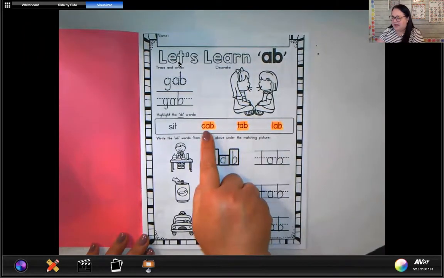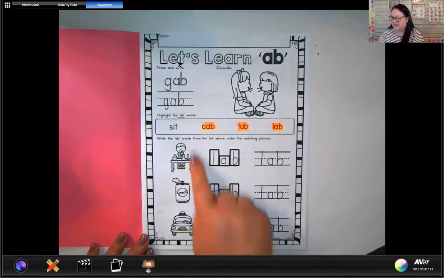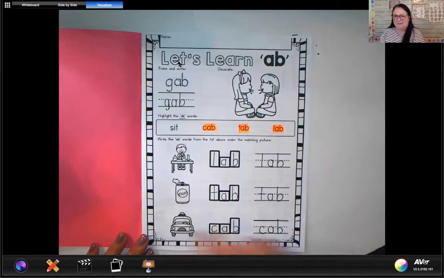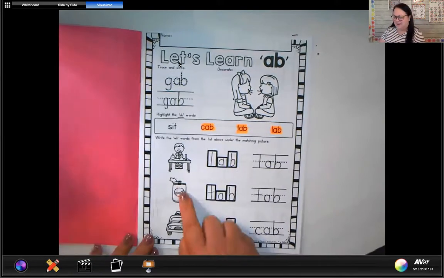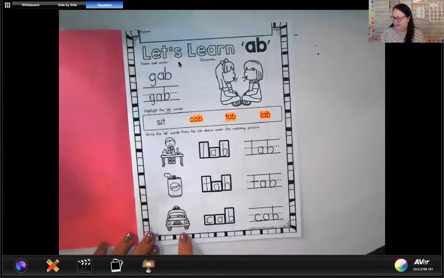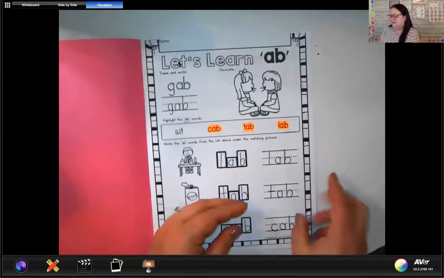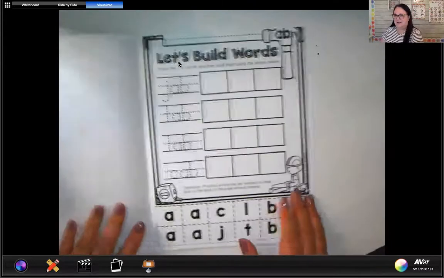So k-ab, ch-ab, l-ab. A lab is where a scientist does all the experiments. A tab is the top of a pop can when you open it, and it makes that psh sound when you open it, but that's the tab. And a cab is another word for a taxi. Okay? So today we're going to turn the page to the second page, and we're going to work on Let's